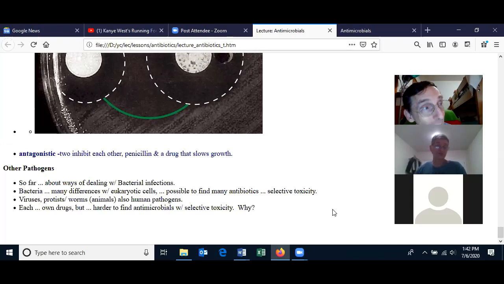Complexity? They are more complex, yes. Although the viruses are simpler. So why are the viruses... Say again? They don't need a host to replicate. Yeah, the viruses need your cells to replicate in. So obviously, you're looking for a drug that will hit the virus but not hit your cells. And the viruses are replicating in your cells. So that's pretty hard to find one that's selectively toxic on the virus and not going to be toxic on your cells. So certainly for the viruses, that explains it.